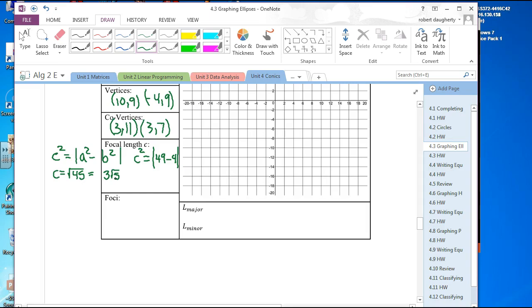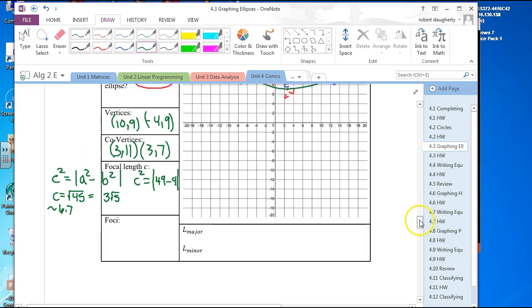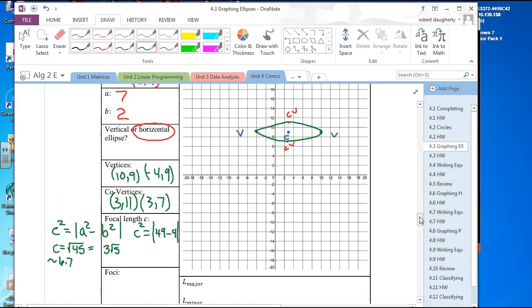About 6.7. So it means about 6.7 away is where I'm going to find a focus point. If that's 7 away, it's going to be pretty close right here. So there are going to be 2 focal points